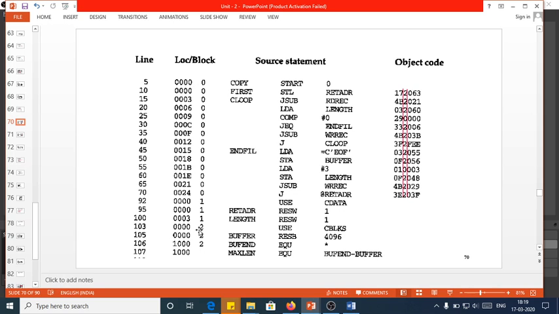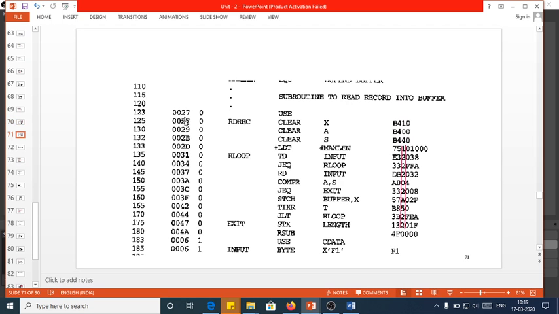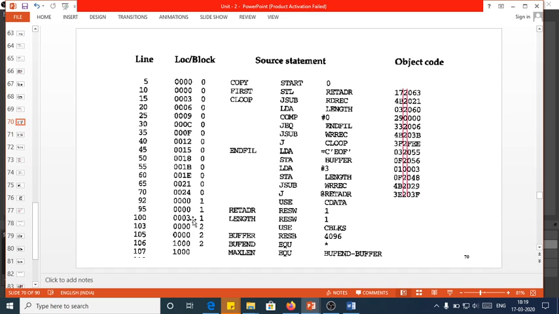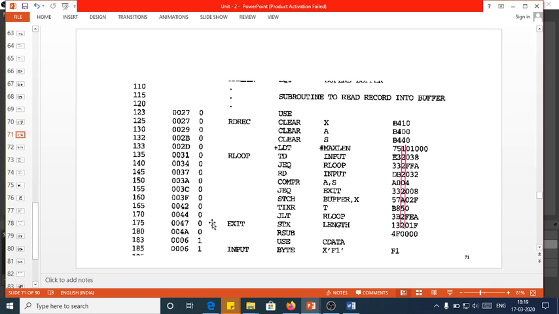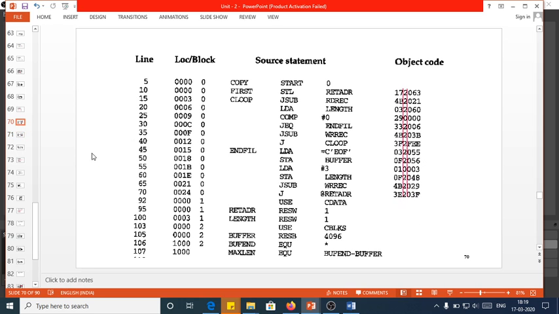So here 0, and as soon as the new block starts, it again initializes to 0, wherein this 24 will be continued here, whereas this 3 will be continued with the 6 here. So like that, there is a necessity of multiple location pointers